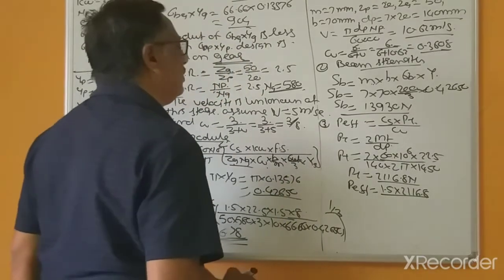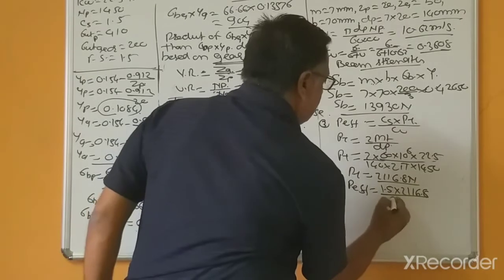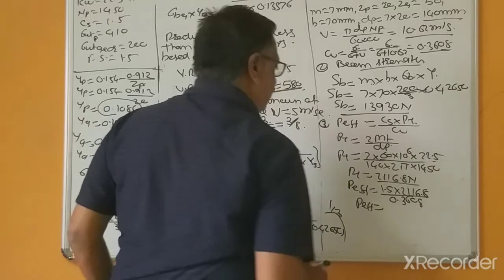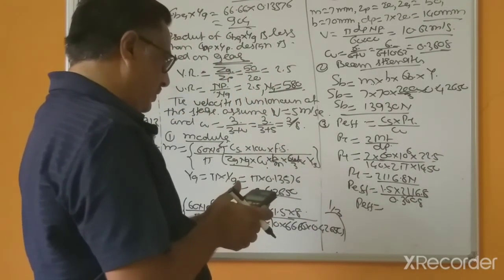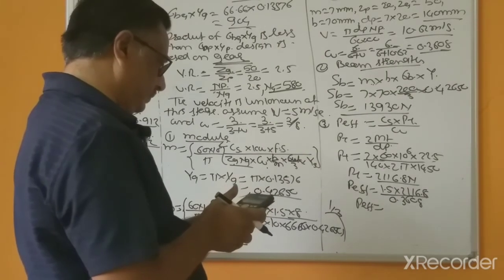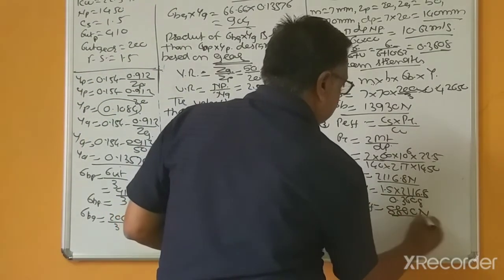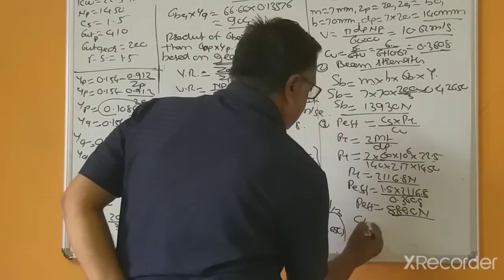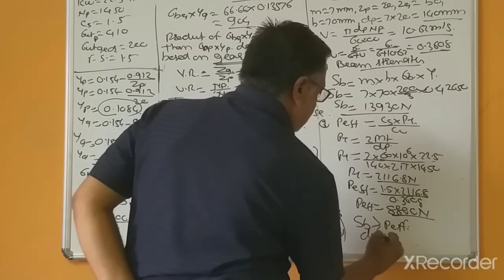CV equal to CV. So this CV we already calculated, this is 0.3608, multiplied by 1.5 divided by, this is equal to, means design is safe, beam strength is greater than effective loads, design is safe.